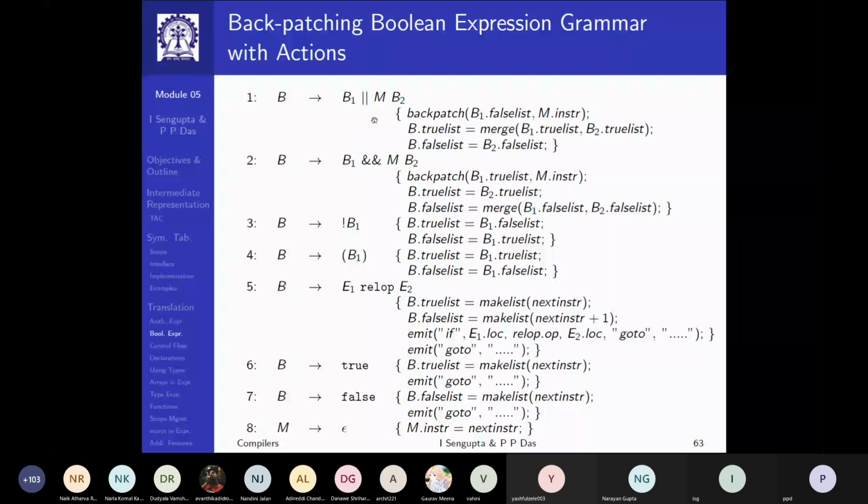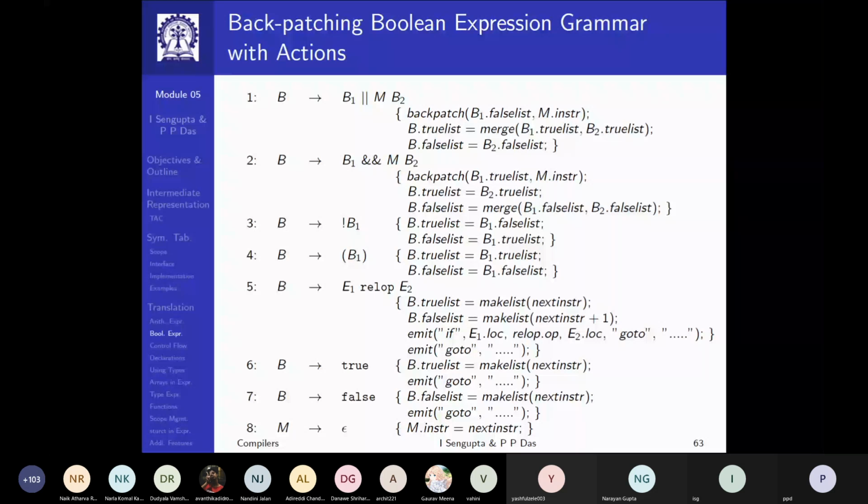So, when I finish B1, I have a false list, that is the set of all dangling quads which should take me to a false exit. Those are marked that B1 has been evaluated as false.